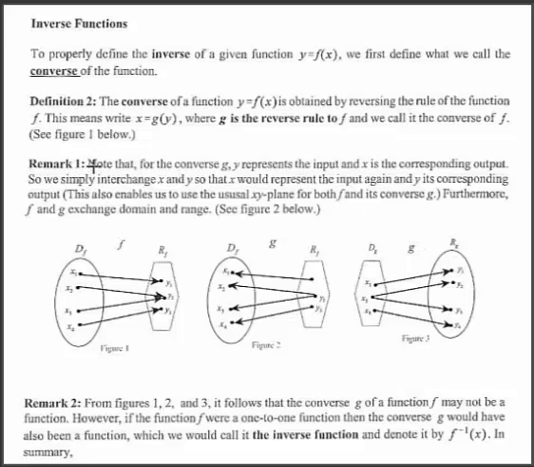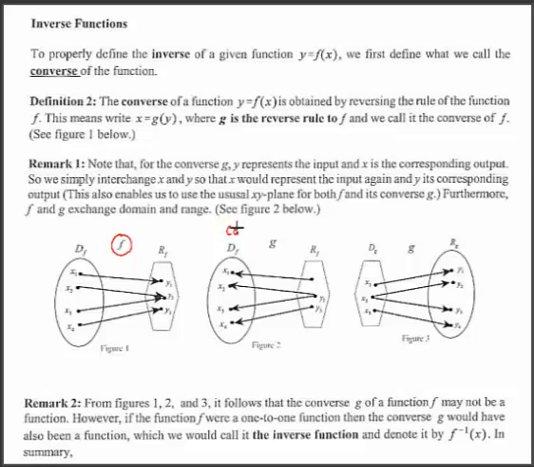what the remark is telling us is that F is our function. We can see that each input is only mapped to one output, x2 to y2, x3 to y2. Even though the middle two are mapped to the same output, they each separately only have one output, or one arrow leading away from them. Okay, so this is a function, and we can take the converse of that function, and we're simply calling that